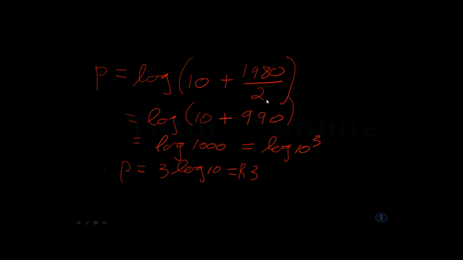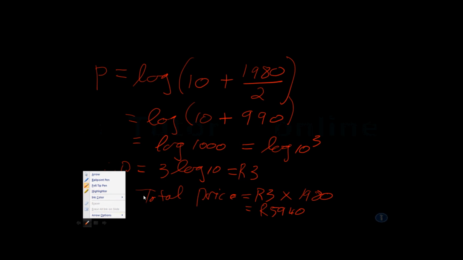That means the total price will then be 3 rand multiplied by 1980, and this is equal to 5940 rands. Thus we have now answered the first part of the question,